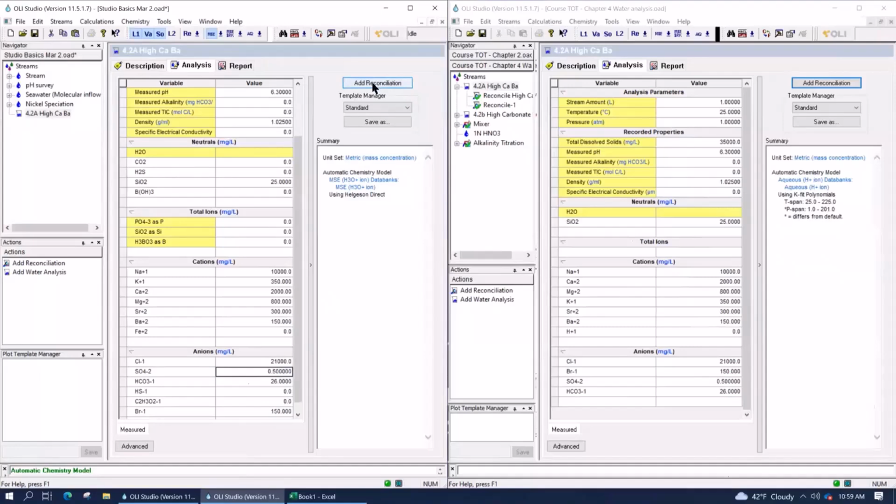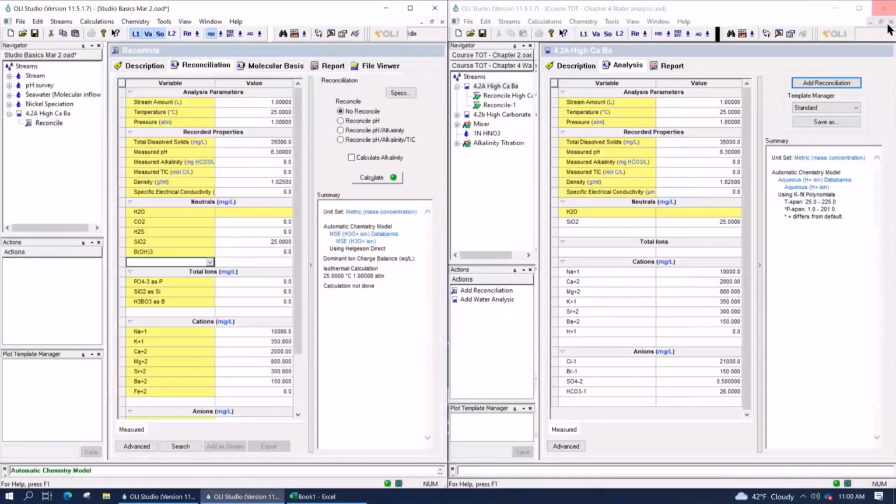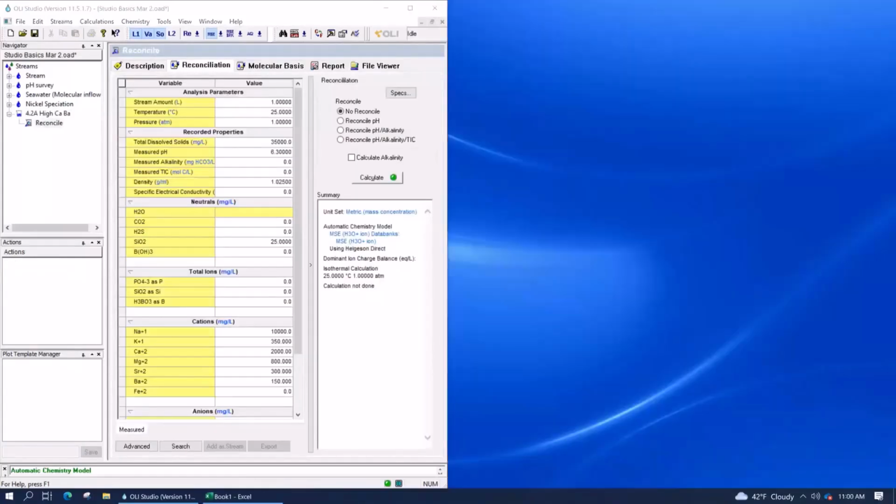Now what we're going to do is use what's called a reconciliation calculation object. Right here, you can see, in the upper right of the section, right? This is where I mentioned is our calculation section. There's something called an add reconciliation. In fact, it's the only thing you can do in a water analysis. So click on that button to add a reconciliation.